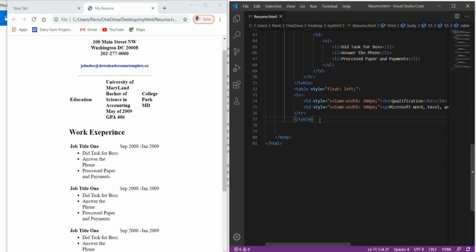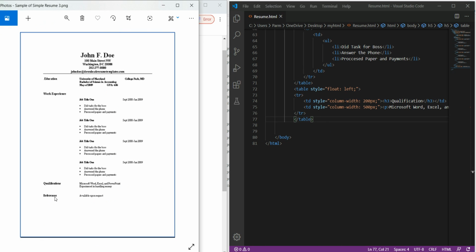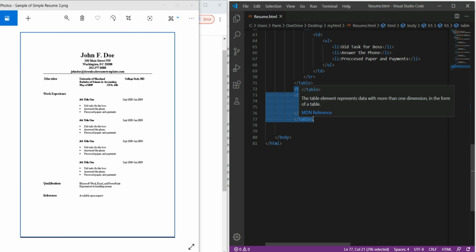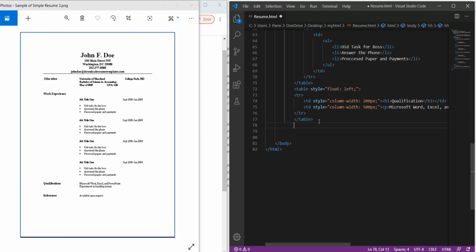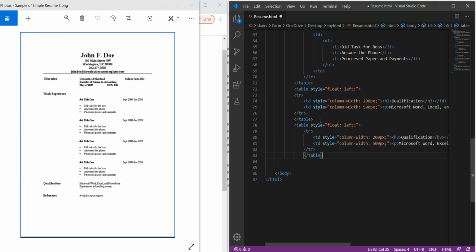Now in the next line, we can simply copy this table. I'm just going to copy this table, Control C, and again Control V over here, and in this place I will use references.